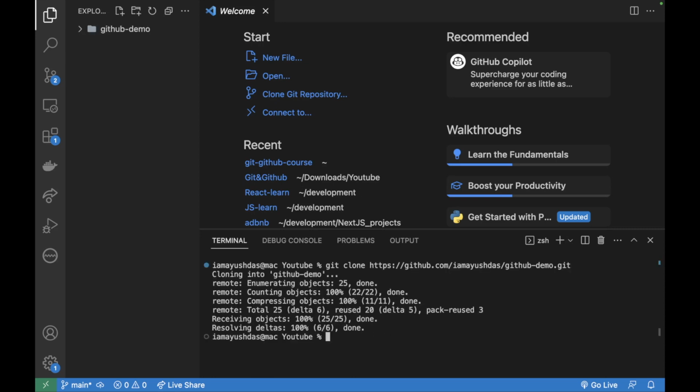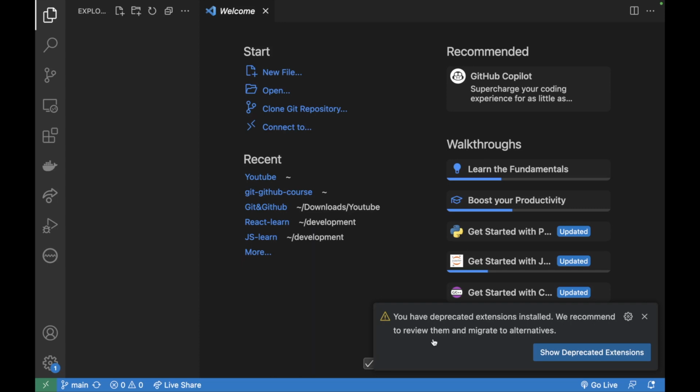Now let's change our directory to that repo, that is github demo. What git clone does is this command downloads the repository to your local machine and creates a local copy for